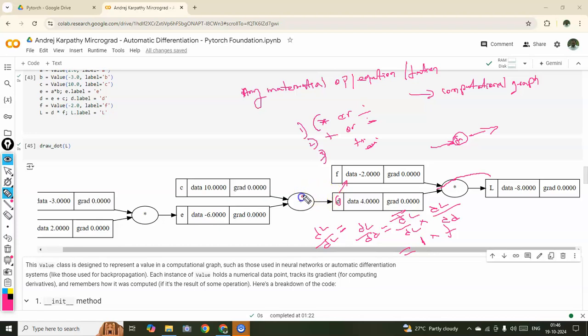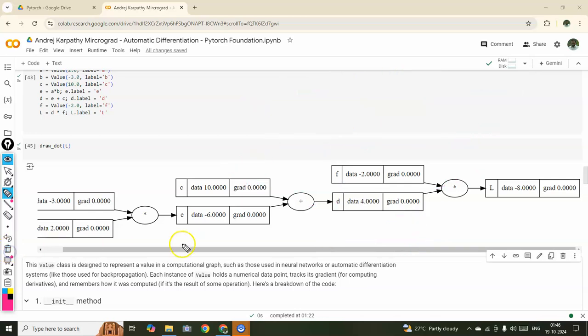In the same way we will see the addition. Here this is the addition. So d is nothing but c plus e. So we can say dl by dd equal to, and we can write here dl by de equal to,